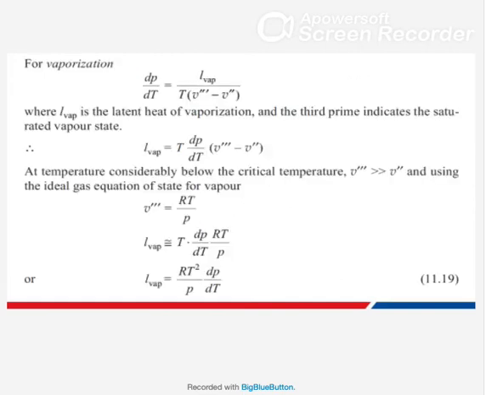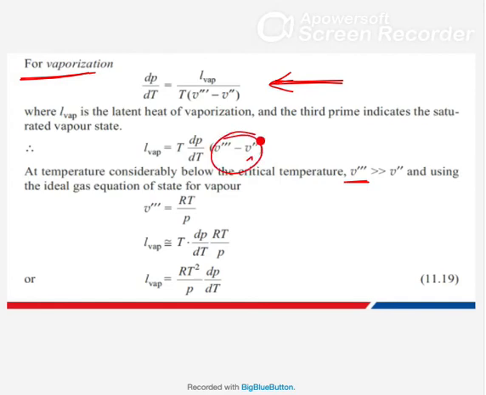So next we'll see vaporization. We can use the same equation, dP/dT equals latent heat of vaporization over T times the volume change. In the case of vaporization, this region beyond the triple point is your vapor and this is your liquid. So when you go from liquid to vapor, or from vapor to liquid, the volume will always change significantly. Vapor volume is always more.